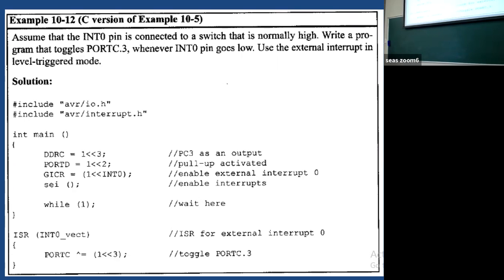Is this fine or not? Do we need to use... Yes, set interrupt. Two, this is the global switch, then we have the local switch. So we have two things, right? We activate the interrupt globally, right?